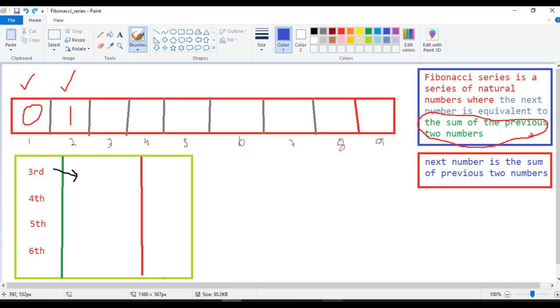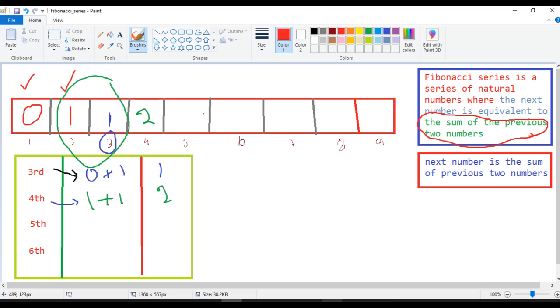So we already know first two numbers of Fibonacci series are 0 and 1. Suppose now I want third position of Fibonacci series, then how can we get it while performing addition of previous two numbers? That means 0 plus 1, result will be a 1, right? Same like that, if we want fourth position of Fibonacci series, then how can we get it while performing addition of previous two numbers? Observe carefully here, previous two numbers means position number 2 and position number 3. That means 1 plus 1, the result will be a 2. Am I right? 2, right?